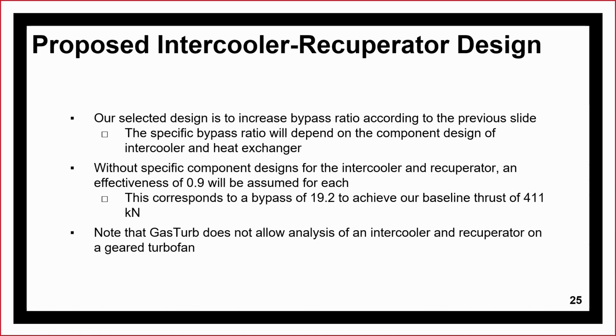Our previous slide showed that a bypass ratio of 19.2 would be required to achieve our baseline thrust of 411 kilonewtons. And once again, we'd like to reiterate that GasTurb does not allow the analysis of an intercooler and recuperator on a geared turbofan. So this is on a 3-spooled turbofan with the intercooler and recuperator